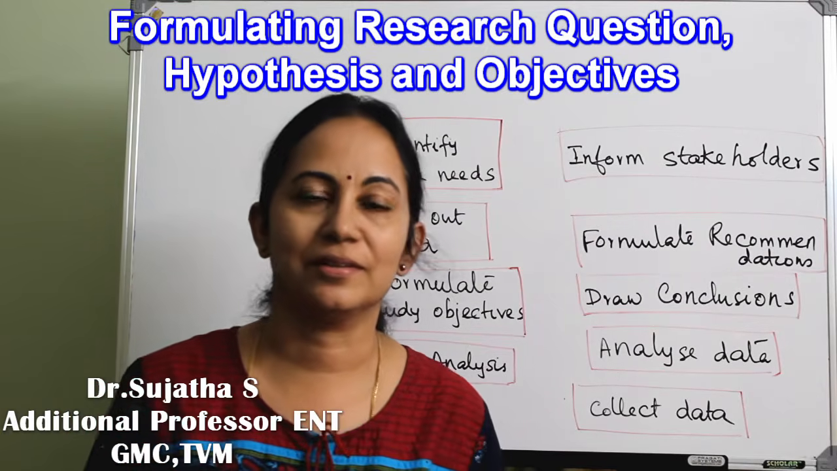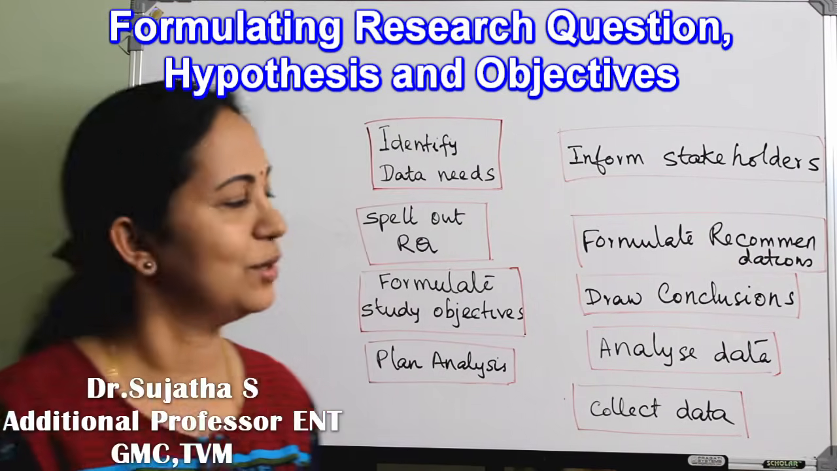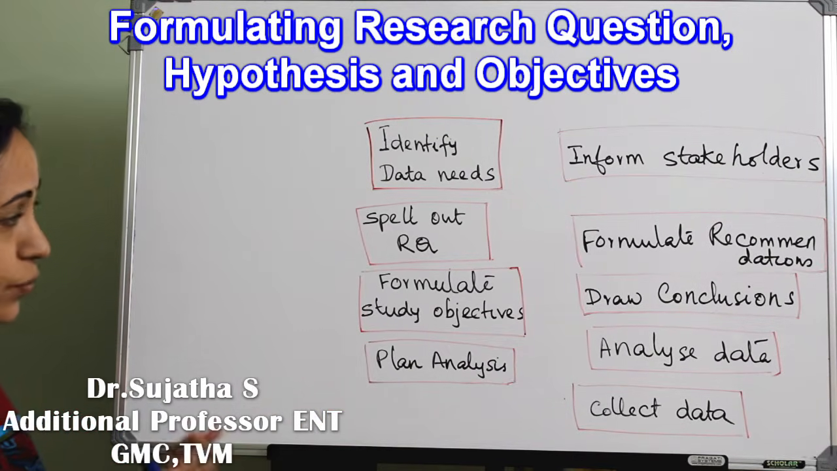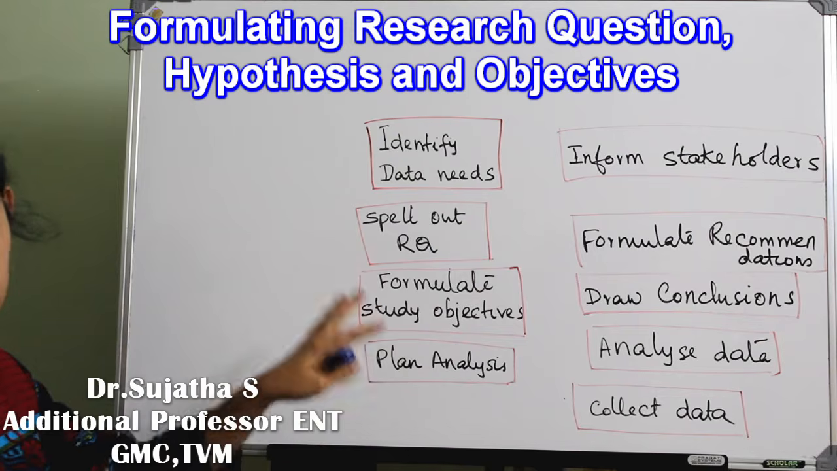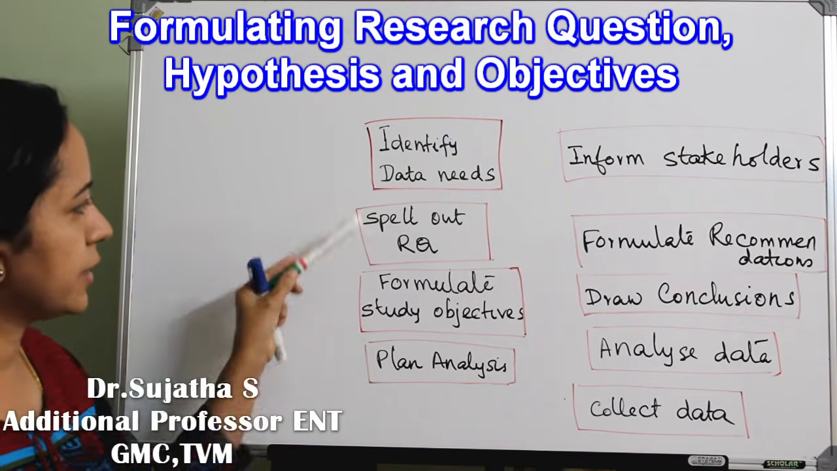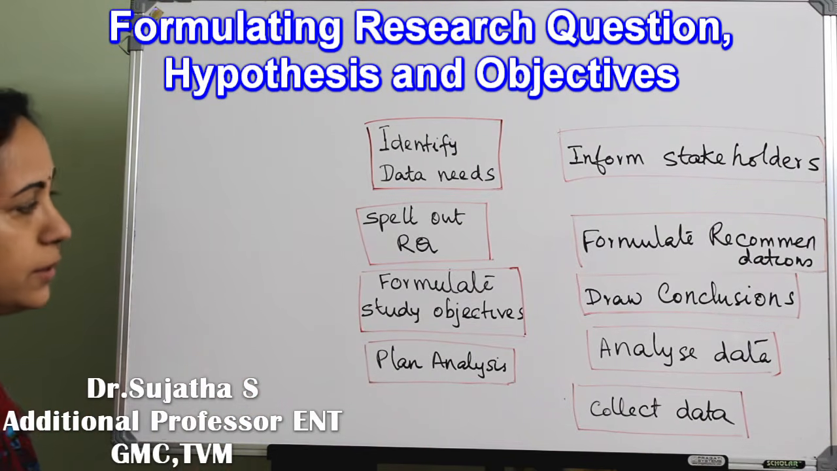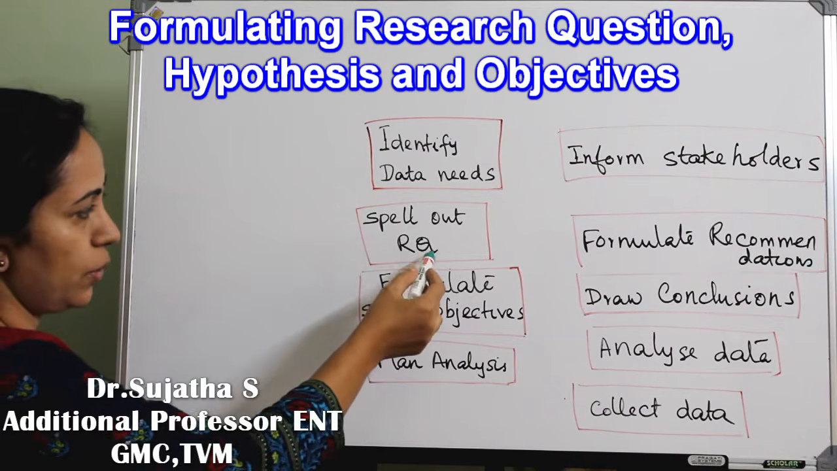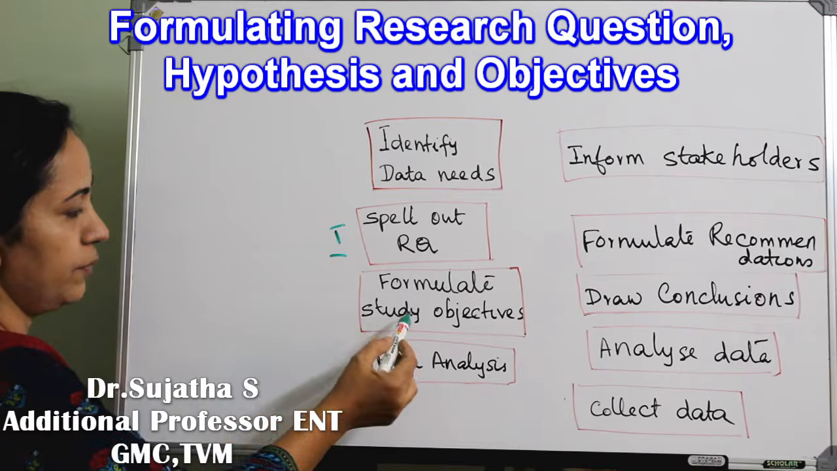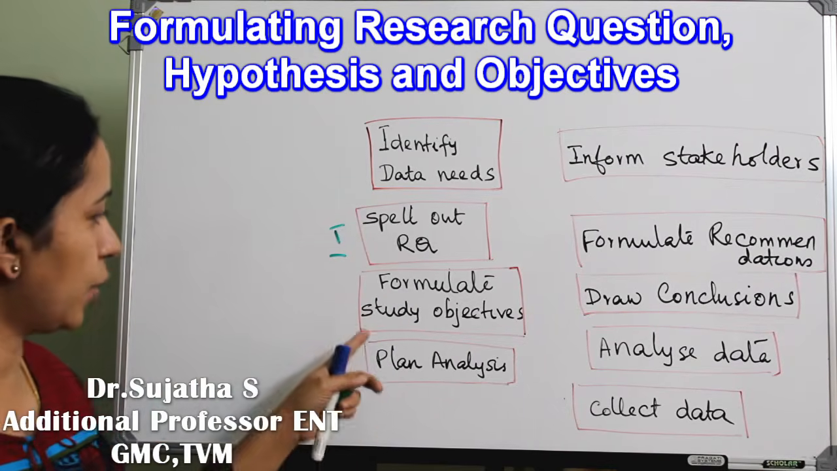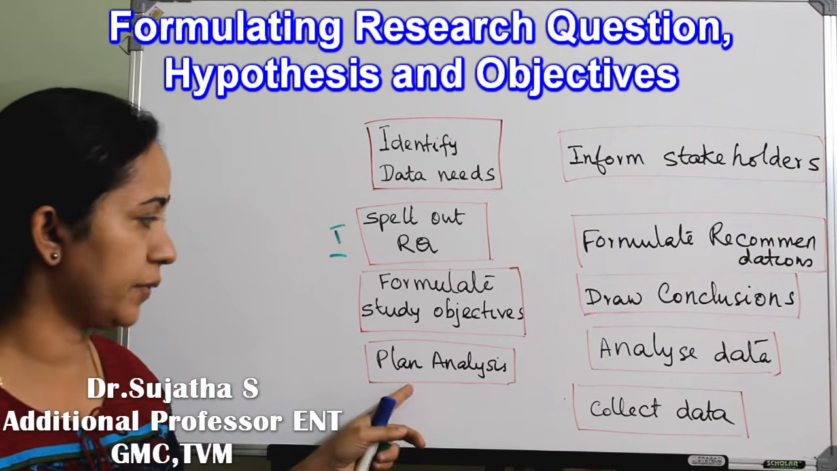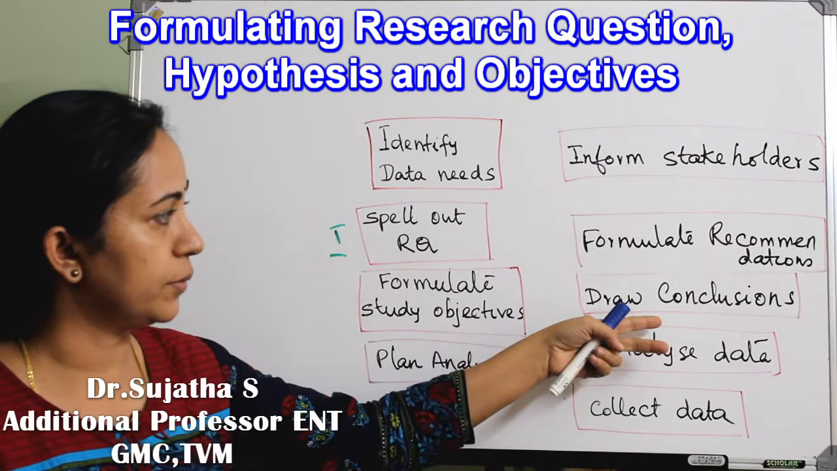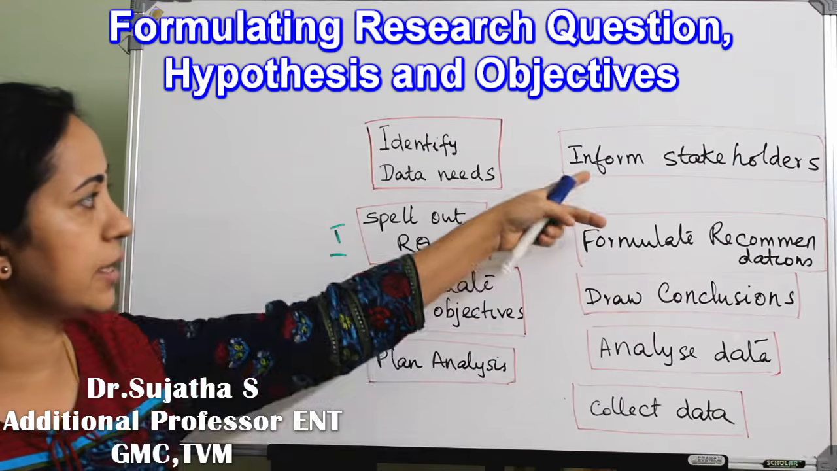We are talking about biomedical research or health research. So this is the life cycle of health research, or any research work. This is the process of any research work. It starts with spelling out the research question. After that, we formulate the hypothesis and objectives. After that, planning, analysis and then execution, and draw conclusions, formulate recommendations and inform